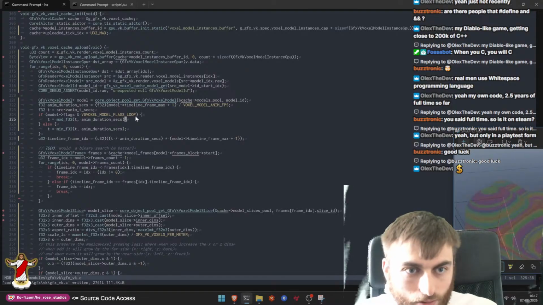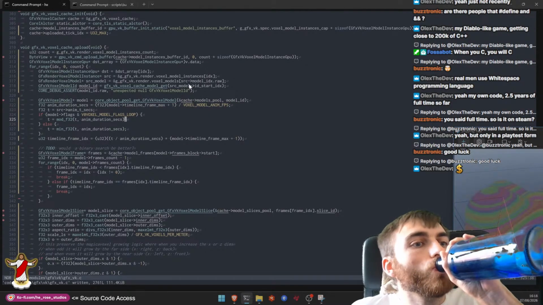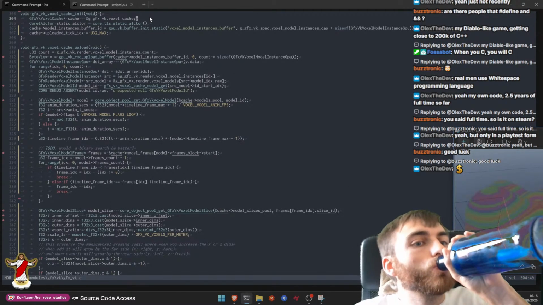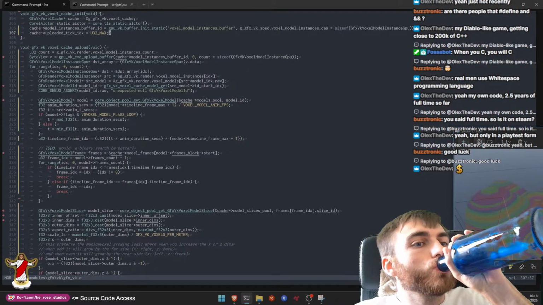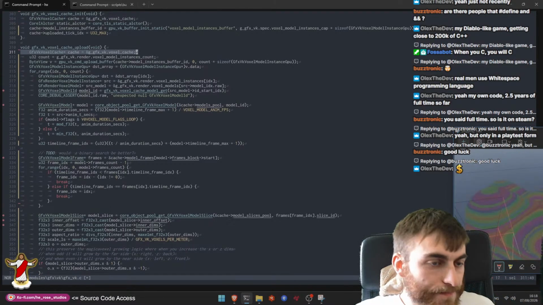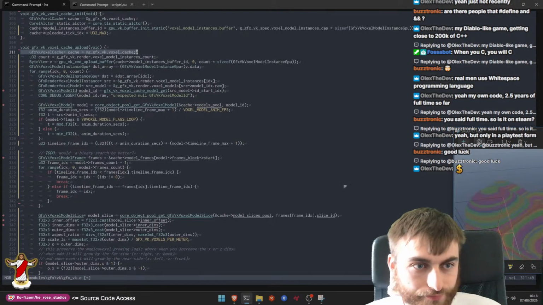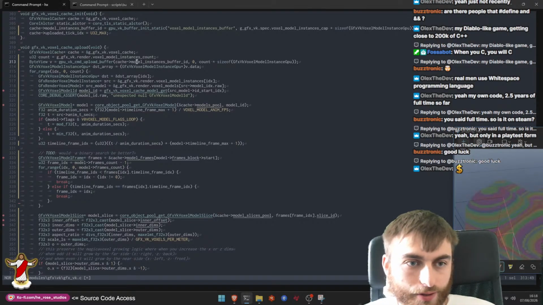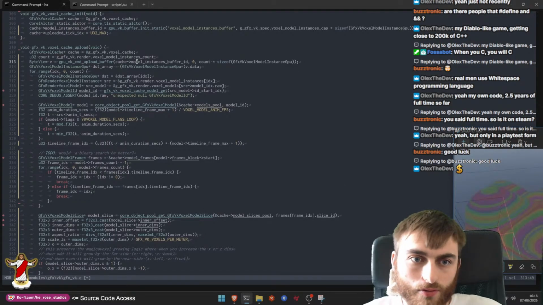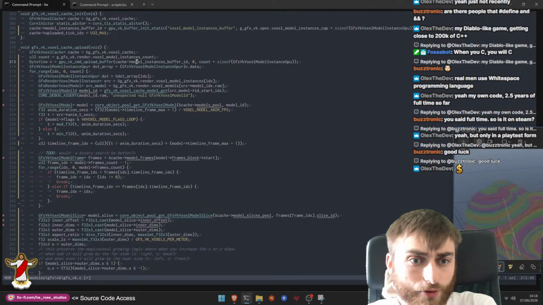Just got to figure out how to do it. So it goes over all the, it uploads all the Voxel model instances in one go. And it then